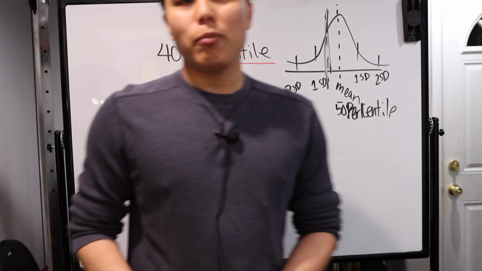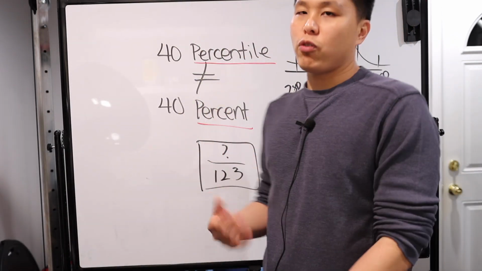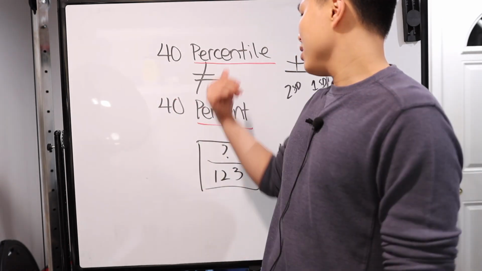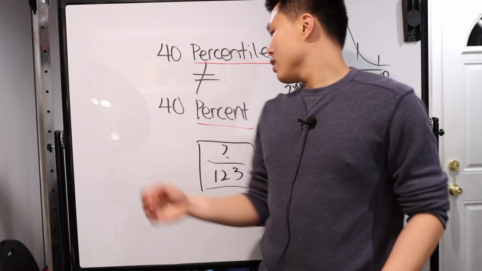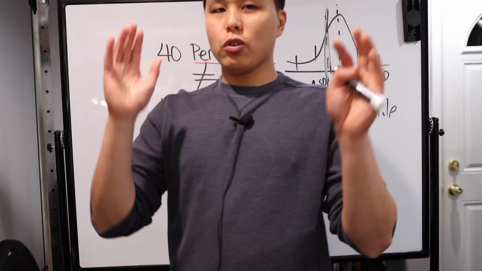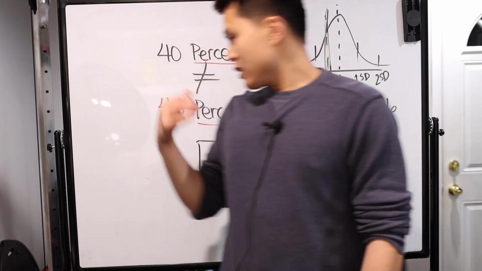Anyways, that's a lot of rambling, and I'm hoping that this makes it a little more clear, because guess what? If you've never seen this before and all of a sudden you jump into college and you are struck with 40% versus 40th percentile, or of course not just necessarily 40, any numbers, right? It could be very confusing, and I'm hoping this clarifies it a little bit.